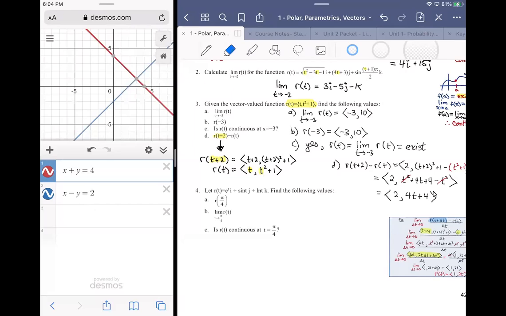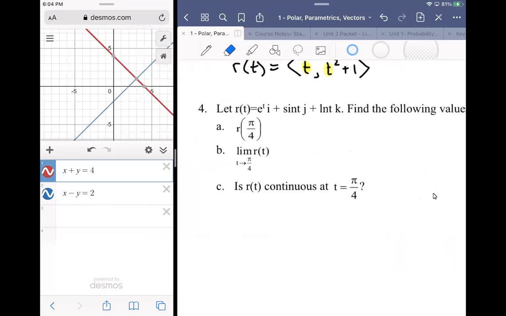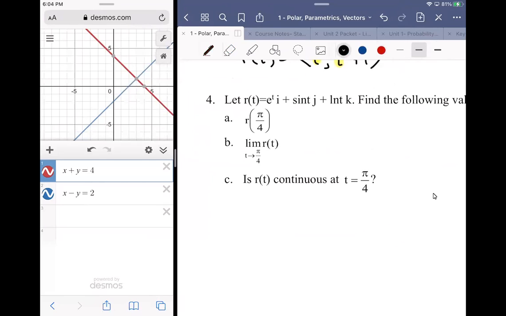All right. So we have the vector valued function e to the t i plus sine of t j plus ln of t k. Find the following values. So it's very similar to number 3, except it's not asking you to go through the limit definition, and it won't. That was the pledge I made last time, where I'm going to ask you to do a limit definition problem on the test, but